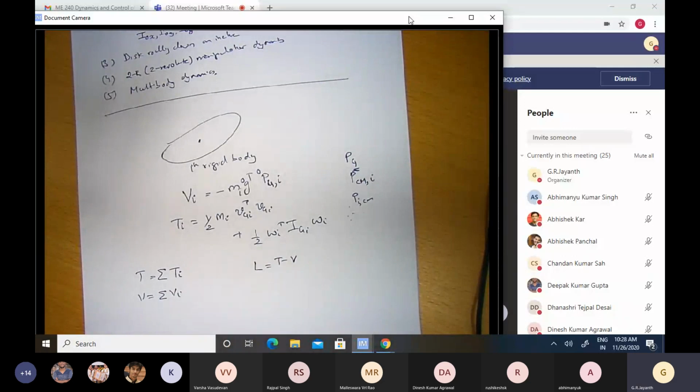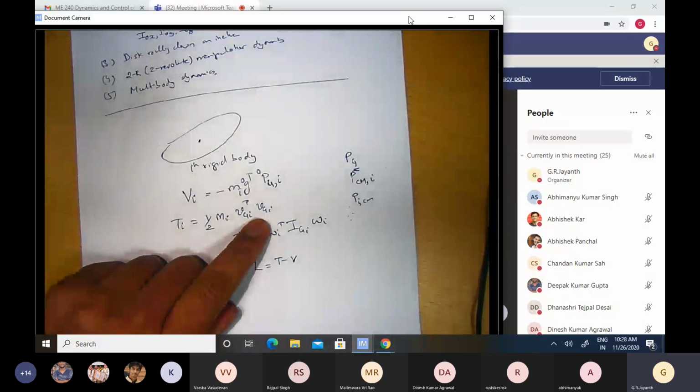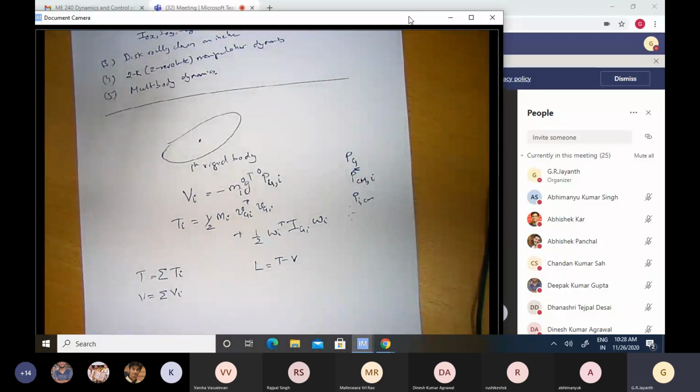But there are two issues that we need to pay attention to in this process. The first is that we don't know the velocities independently. What we know are the joint variables, and we have to first relate the velocities to the rates of change of joint variables. I may not know the center of mass velocity of the first rigid body, but I will know the rate at which that first revolute joint is rotating, because that's where I have my motor and my sensors. The same is true for other joints also. All my instrumentation in terms of actuation and sensing are at the joints, and we have also very appropriately chosen the joint variables as our generalized coordinates.